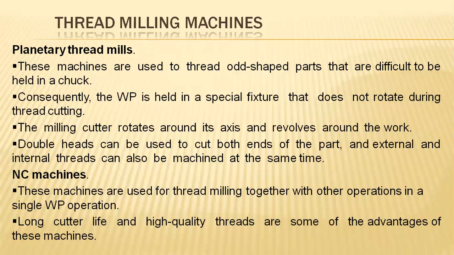And during the process of work in this sector, the work part is fixed in a static position, and only the tool will be rotated and moved. There will not be any rotation or movement for the work part. Only the tool rotates over the work part. Because of this, the work part will be in a static condition, and both the internal and external threading cuts will be machined over the work part in a similar strategy. But holding the part with rigid considerations is only possible in machines such as our numerical machines.